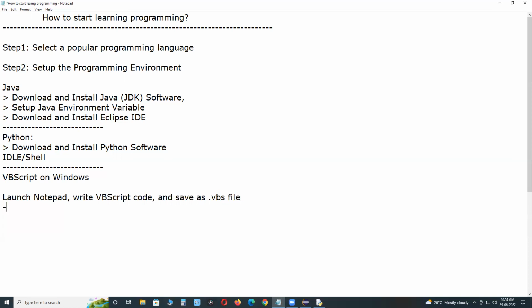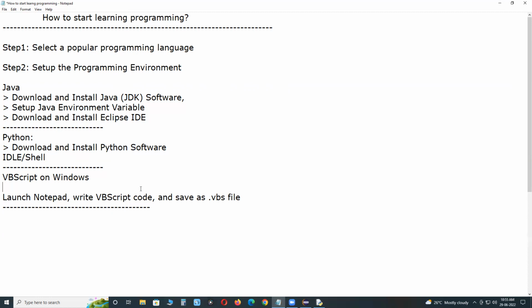That's it. See, for Java, download and install Java software. Next, set up the Java environment variable. Next, download and install Eclipse IDE. Using the Eclipse IDE editor, you can write and execute Java programs. Next, Python: download and install Python software. It has a built-in IDLE. Using that built-in editor, you can write and execute Python programs.